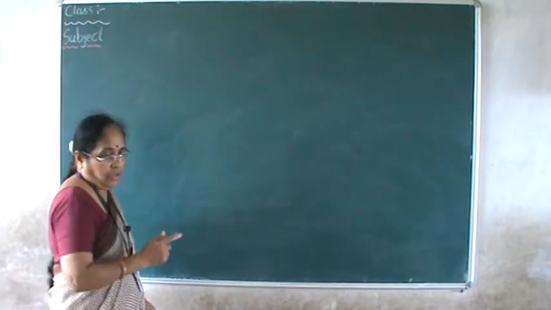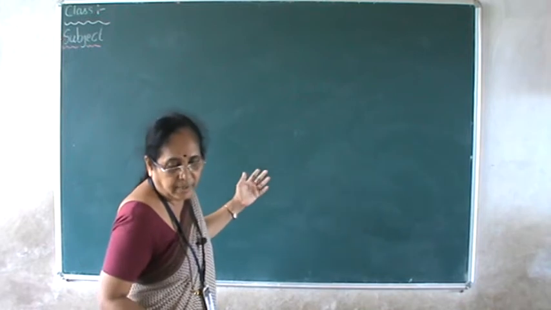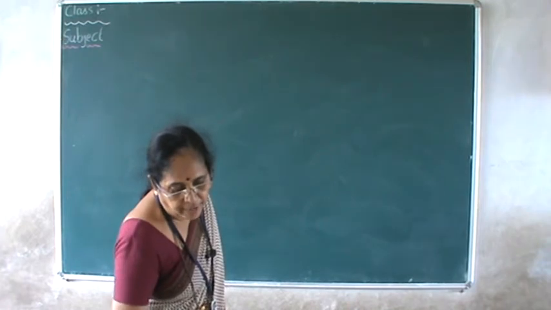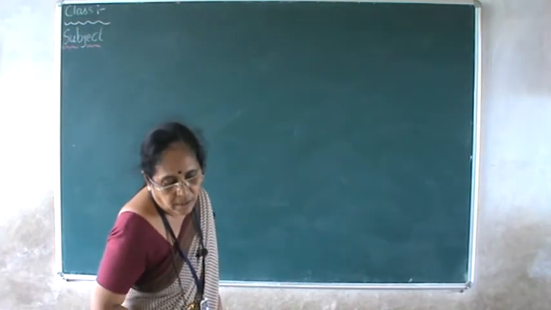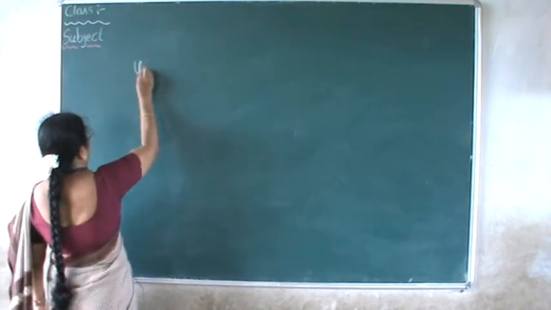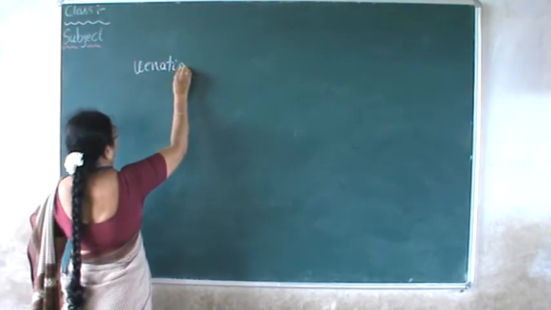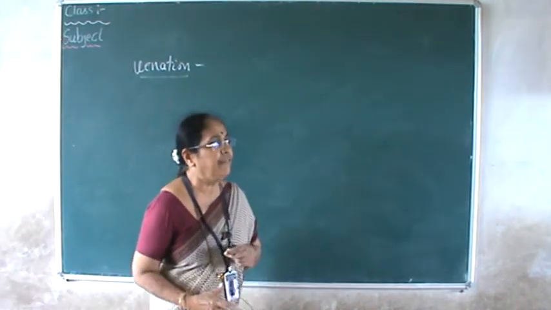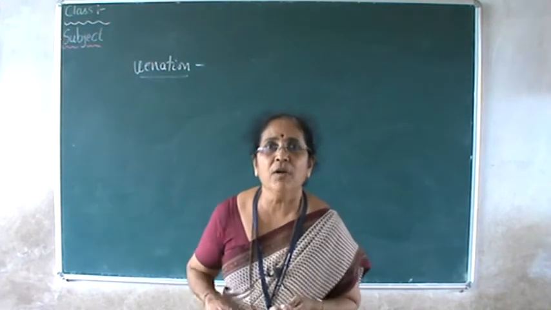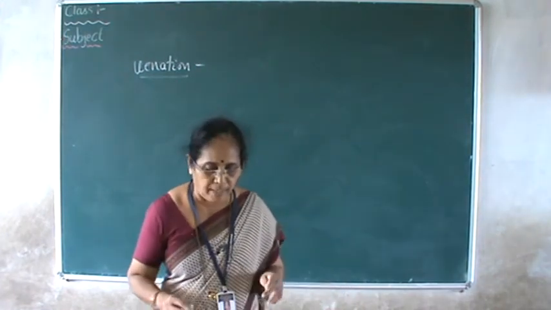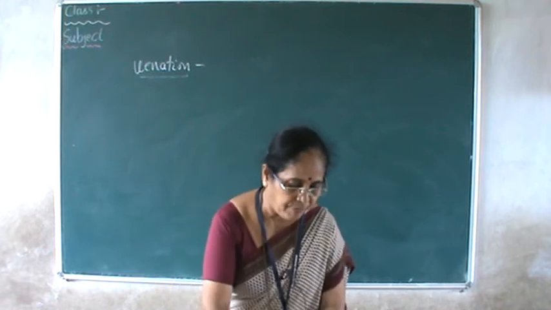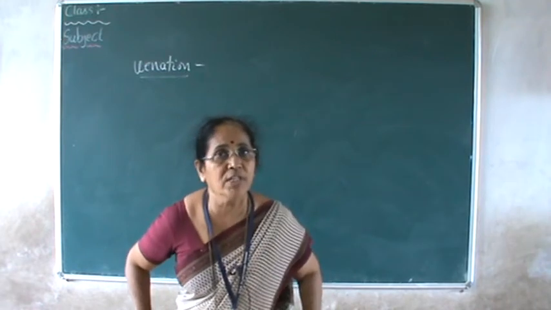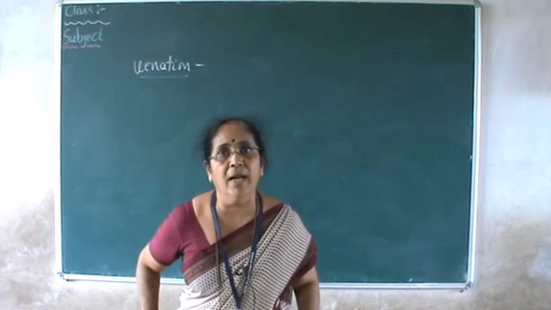Give the next number to this one, the previous number being the type of leaf. After that, the next is venation. The venation means, when we look at the nature of the vasculature of the leaf, we describe the dicot leaf vasculature as reticulate in nature, and in case of monocots we call it a parallel kind of venation.